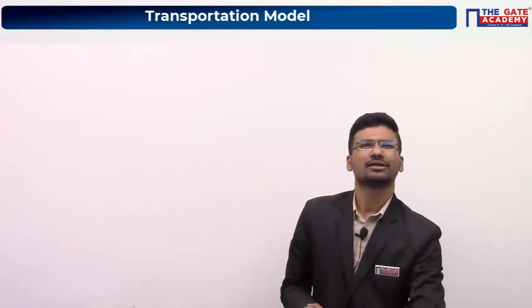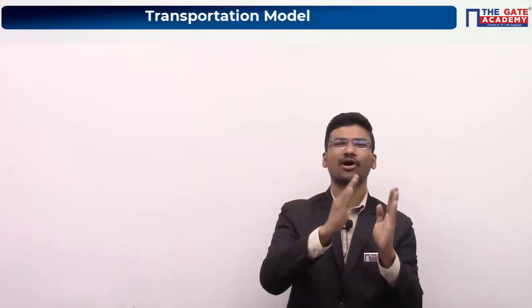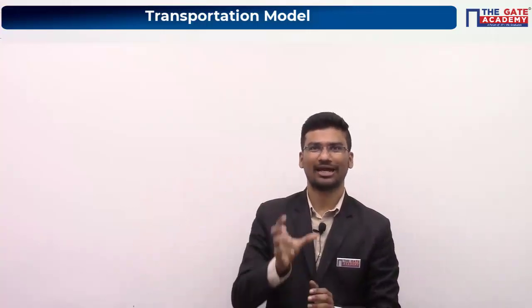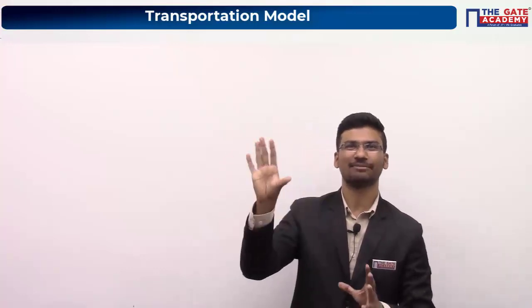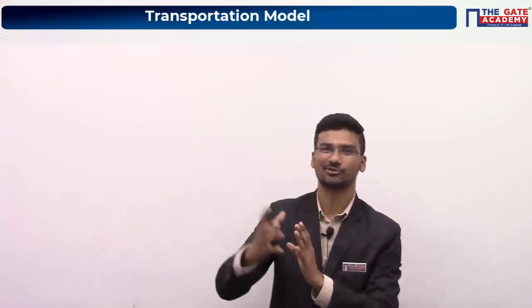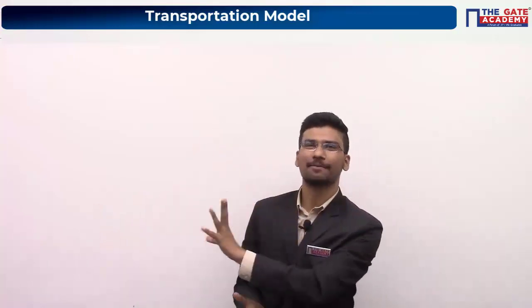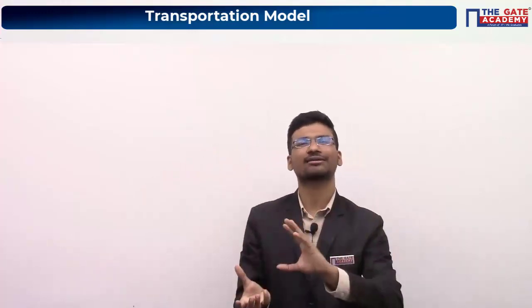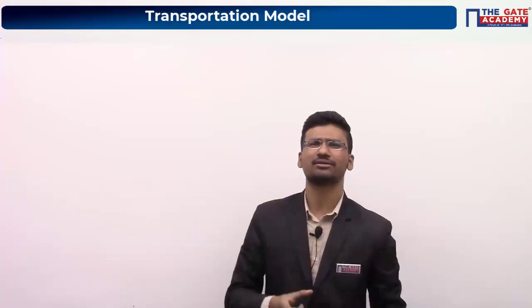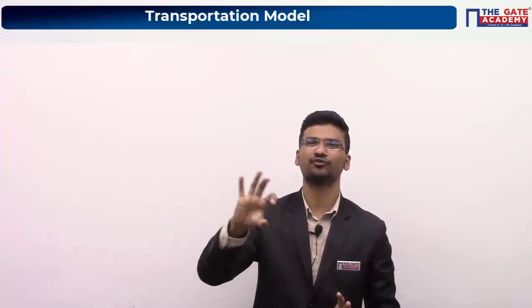Fine. Modi name comes from modified. Modi means modified distribution method. MO represents modified, DI represents distribution. Not any other Modi, okay. So Modi, modified distribution method. Or else we can call it the UV method also, because we are going to calculate some U and V values in this method. So they have named this method the UV method also.